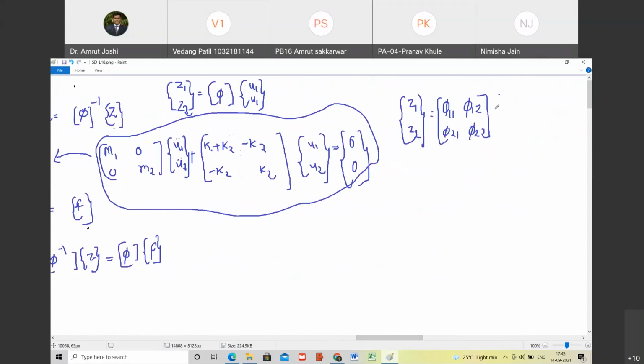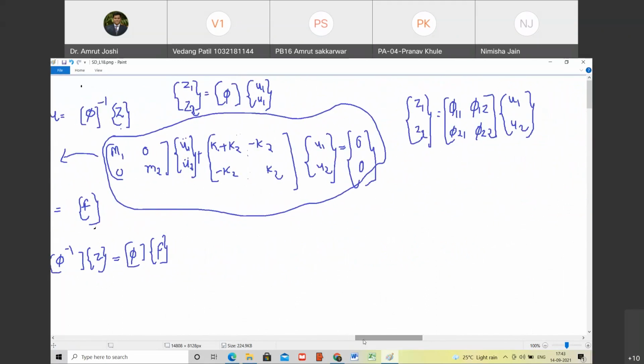Yes. This multiplied by U1 and U2. For some weird reason, I have made this substitution. Are you with me? To solve a complicated integration, we make a substitution, right? Understand it the same way. Are you with me? Yes, sir. So Z1, Z2 are new displacements. The ones I am taking as unknown are the new displacements. And what are these displacements? These are phi times U. I know phi 11, I know phi 12, I know phi 21 and phi 22. All this is known. Are you with me?